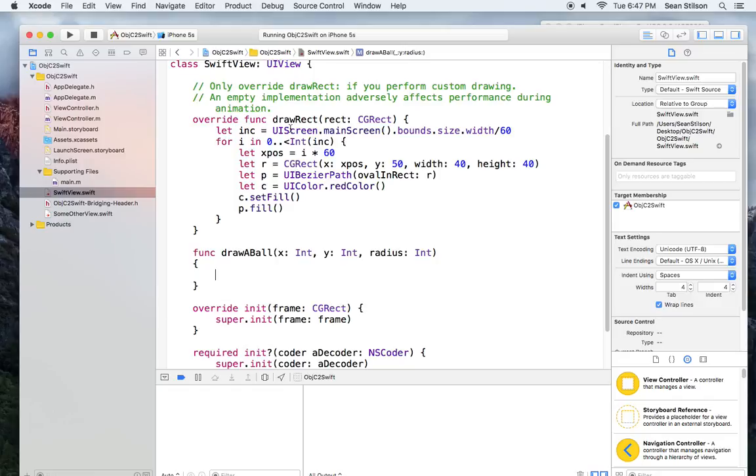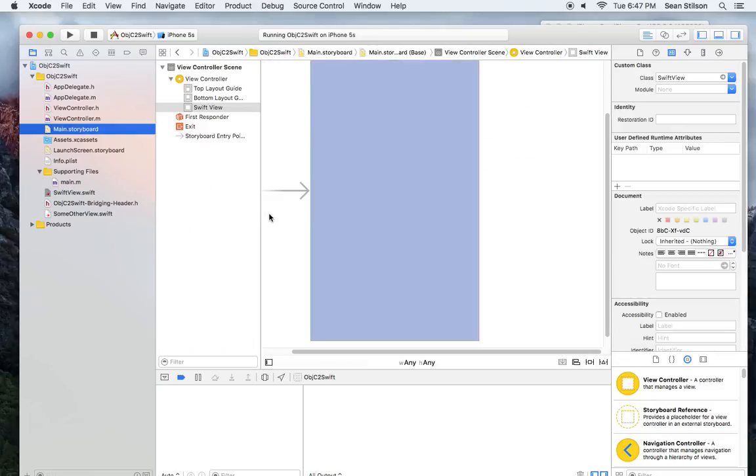We can also hook up a method, like a button press method, to do that too. Since we're going to create methods, I'll also show you how you create IB actions and IB outlets in Objective-C. So we're going to have a mix of things. I'll have a button that does strictly Objective-C stuff, and then another button that'll call this. All right. So if we go back into our storyboard,